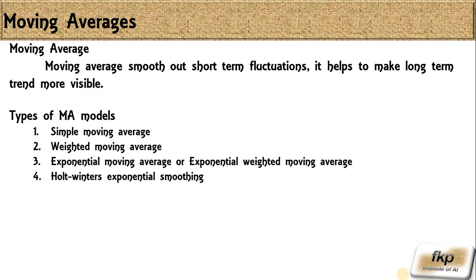Here we have four types of moving average models. One is the simple moving average, then the weighted moving average, then the exponential moving average or exponentially weighted moving average, and the fourth one is Holt-Winters exponential smoothing. These four types are other than our rolling and expanding, which were the basic moving averages, and these are the terms that we usually use when we come to time series analysis. Let's go over each of them to understand much better, and at the end of this session we will visualize all of these. Okay, let's jump.